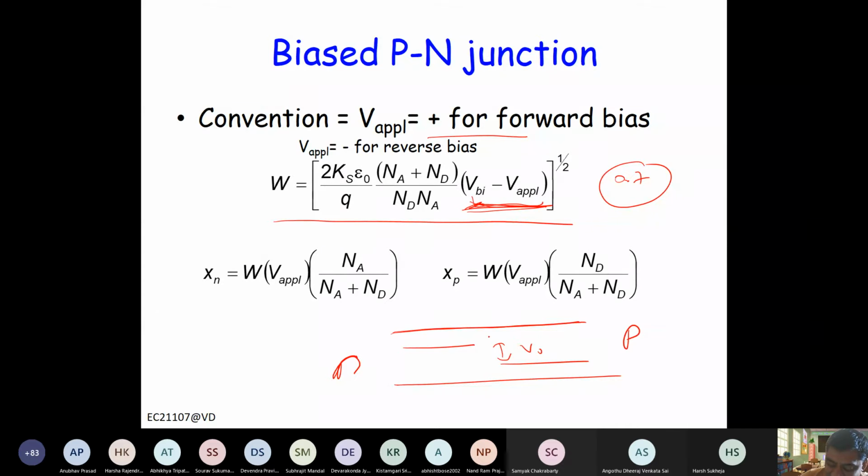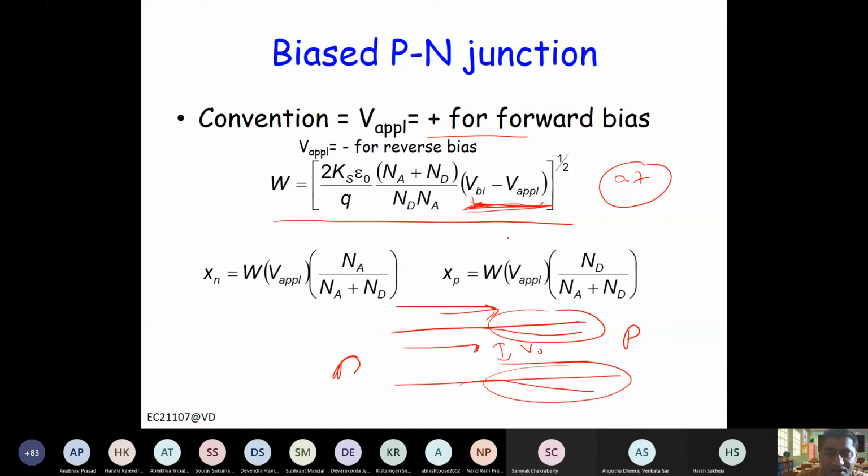If you apply more voltage, they are supposed to be like this, right? But that is very unlikely because a large amount of current will flow. See, this is N type, it has a lot of electrons, so it is supposed to give electrons. Now there is no barrier, so a lot of electrons will flow. So this situation does not arise in real life. If you force it, your device will be spoiled. Basically, it will burn out. A lot of current will flow. So we usually don't go beyond this built-in potential.